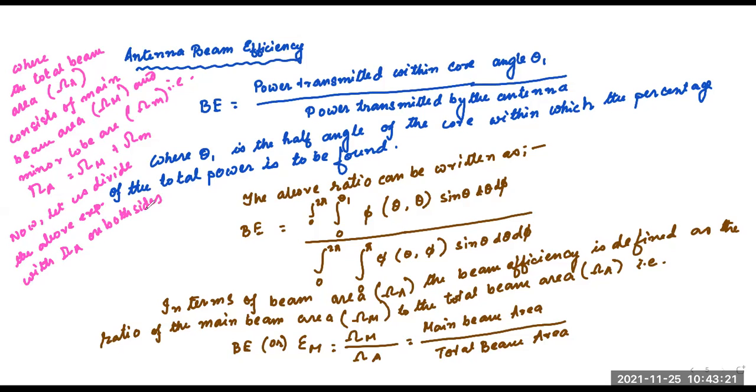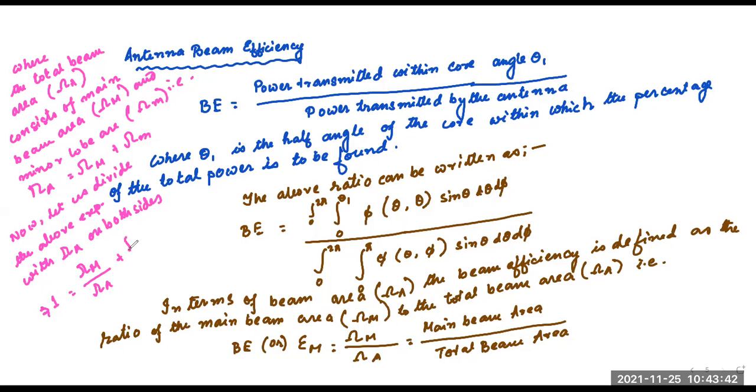So what do we get? Anybody? We are dividing by sigma A, so sigma A by sigma A means 1. So that is equal to 1, that is equal to sigma m by sigma A